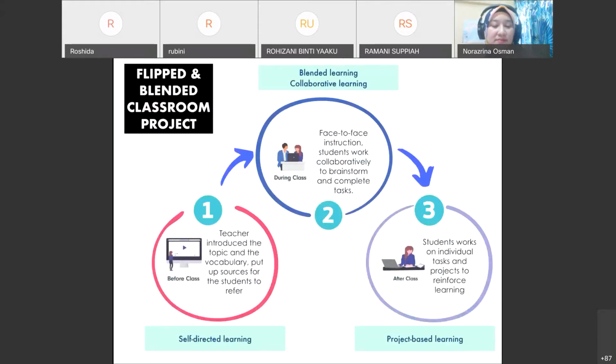The first phase, which is the pre-lesson, is self-directed learning, in which I introduce the topic and also the vocabulary, and I assign them tasks and groups according to differentiation. The second one is at school, where I incorporated blended learning and also cooperative learning. I still teach like other teachers, but there are gadgets that assist the students. The third phase is project-based learning. I did projects with the students, and this is where the assessment came in. The assessment happens in phase 2 and phase 3.